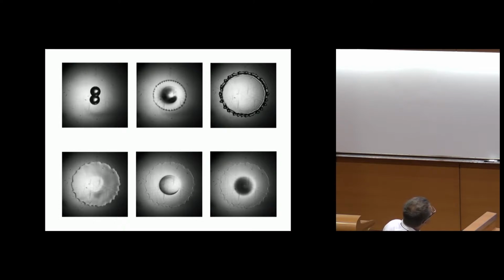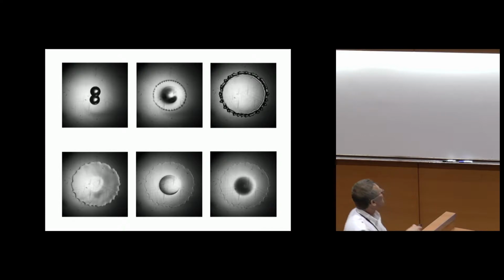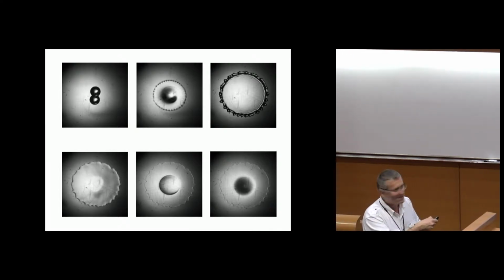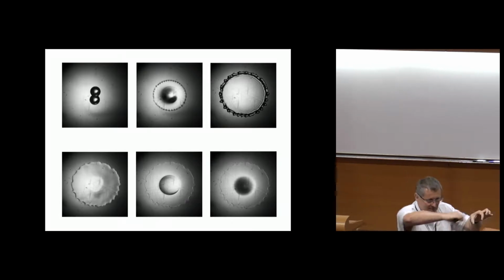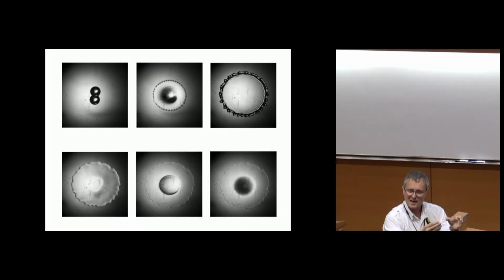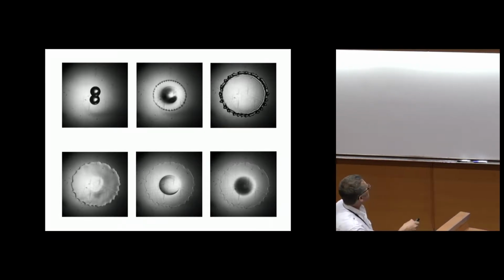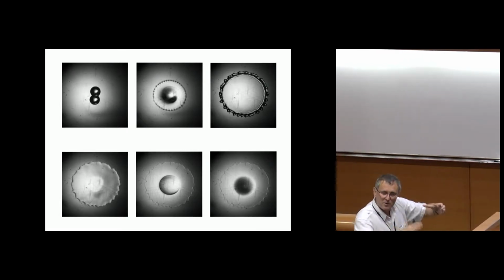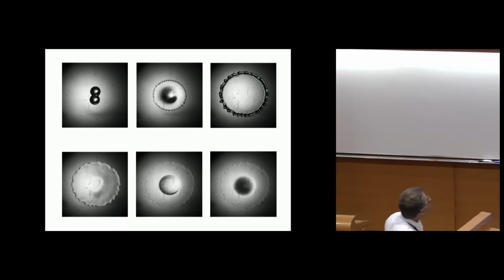And as it recedes, instead of making the pancake that I called last time, it makes a kind of fried egg shape. So here, the ice is not this circle thing, but it's this half sphere that is formed in the middle. It's just a question of how you retract compared to how the ice grows. That's the thing we are looking for.